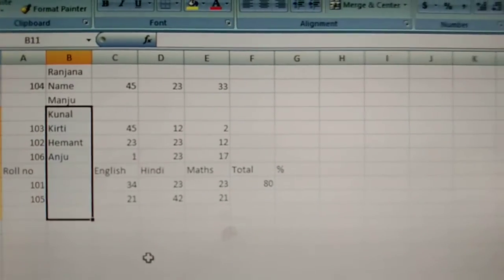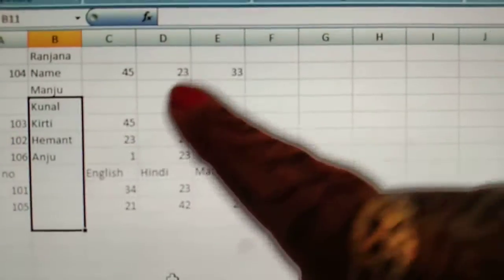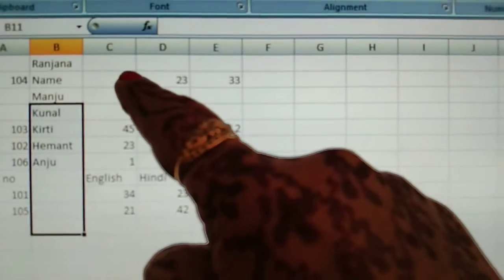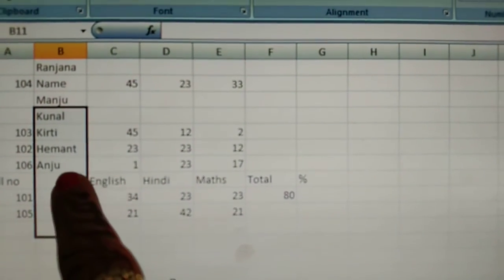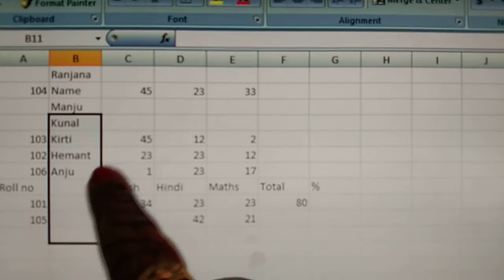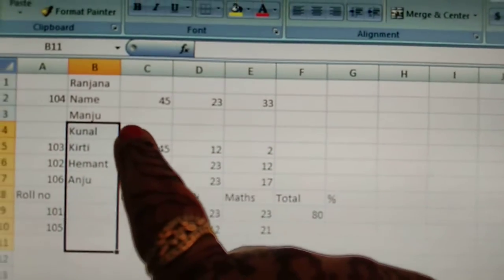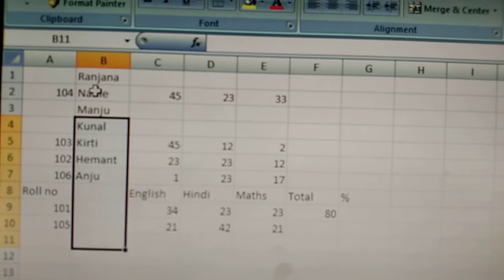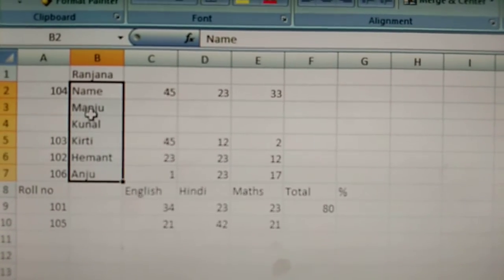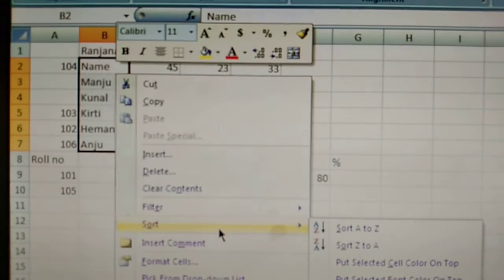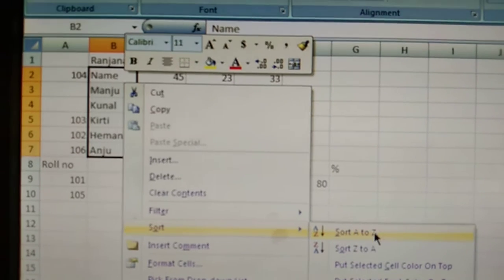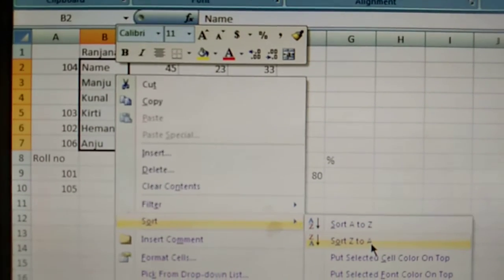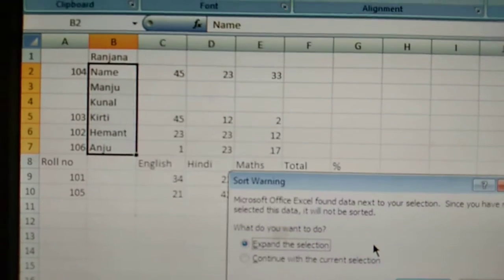Here you can easily see it sorts from Z to A, meaning from alphabet Z to A. So A comes at the bottom, then H, then K, again K, then M. So this is the way you can sort the data. You can sort the data according to your own way by clicking on sort A to Z or sort Z to A.